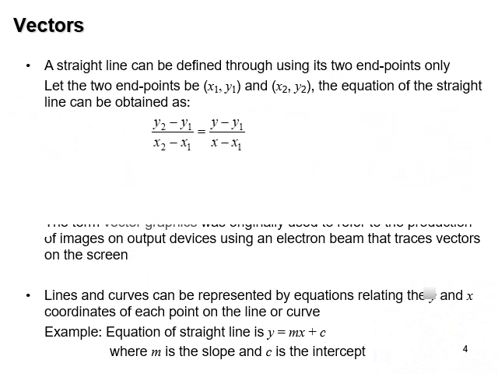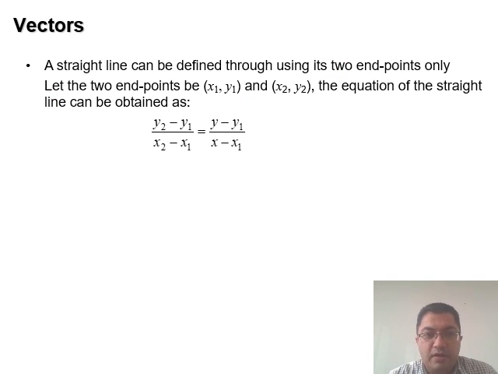Okay? So let's start with the equation of a straight line. A straight line can be defined using its 2 endpoints only. Let the 2 endpoints be x1, y1 and x2, y2. The equation of the straight line, as we know, can be obtained by taking y2 minus y1 divided by x2 minus x1, and we put it equal to y minus y1 over x minus x1. So using that representation,